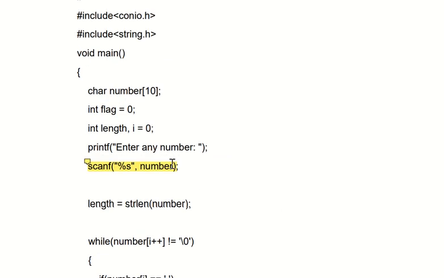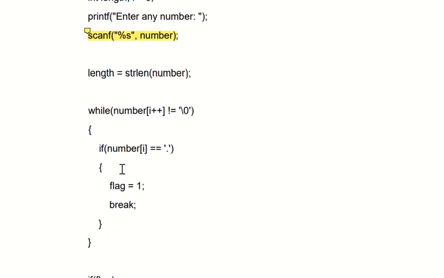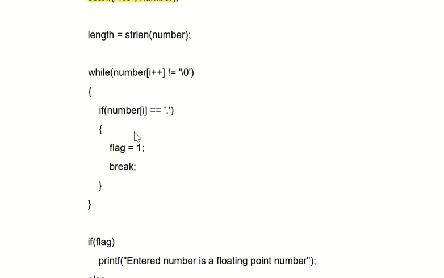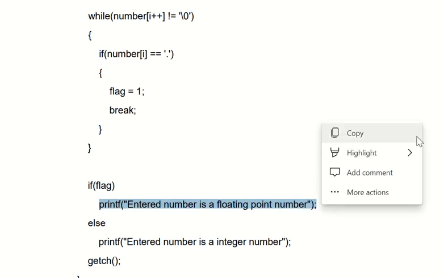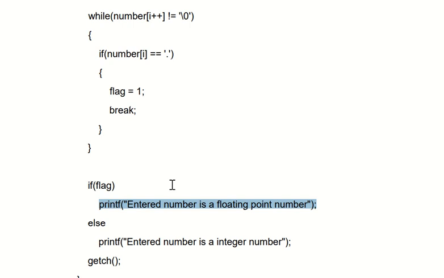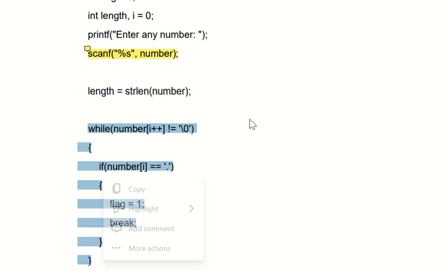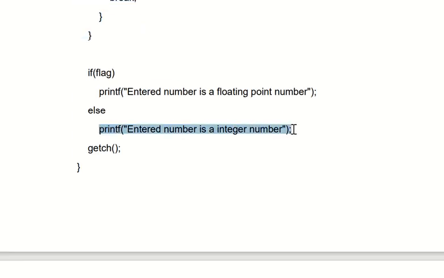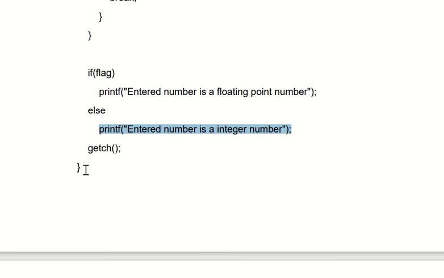The initial value of flag is 0, and if at some point, because of some condition, the value of flag is 1, then it is a floating point number. Else, if your value of flag remains 0 throughout this whole while loop process, then we can say it is an integer number, and then getch and close the bracket.